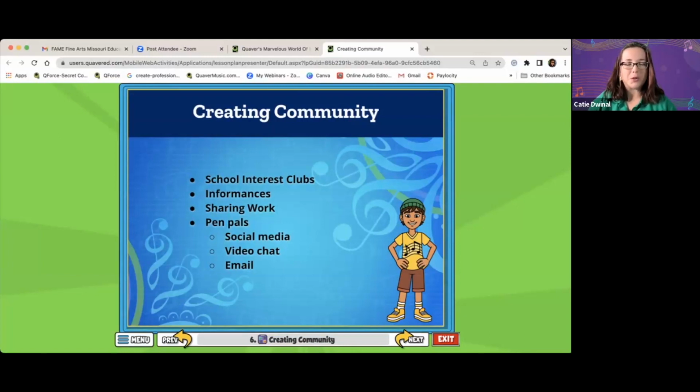So have students create their own work, make that MP3, and then they can download it as a ringtone or share it with a family member via email, something like that. And then pen pals were another big thing too. There are so many different songs in Quaver, and a lot of my students love to share those songs that